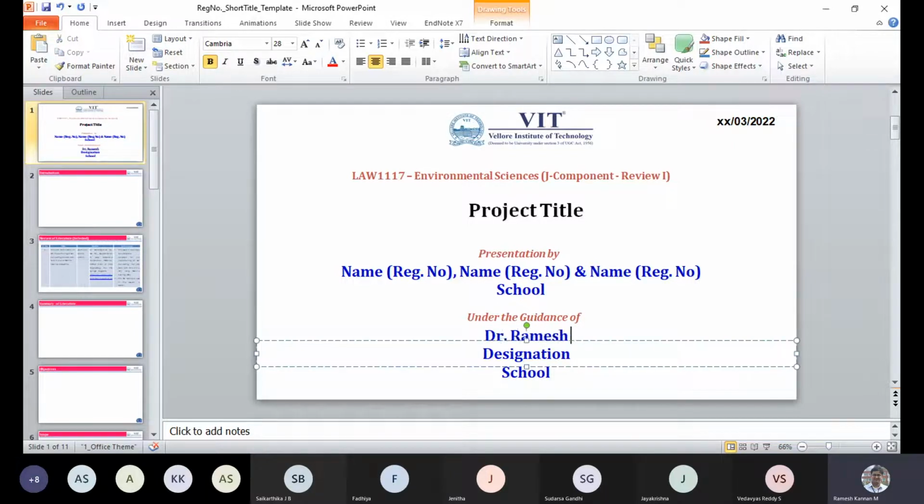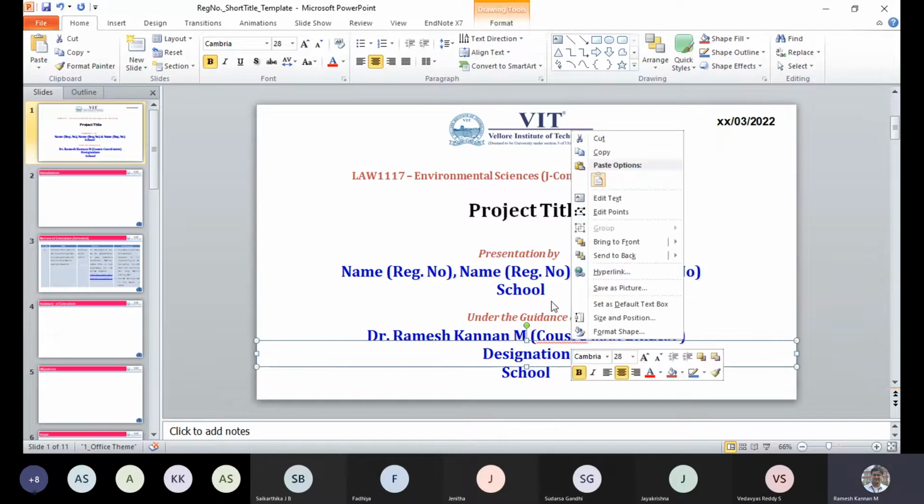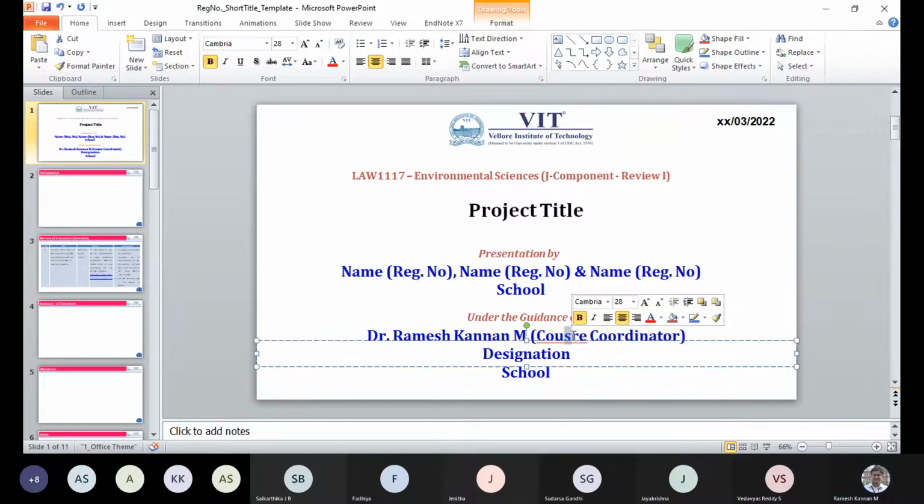Okay, then you can put the school and under the guidance, you can type or I'll just type it for you. Course coordinator, beg your pardon, so course coordinator, right?